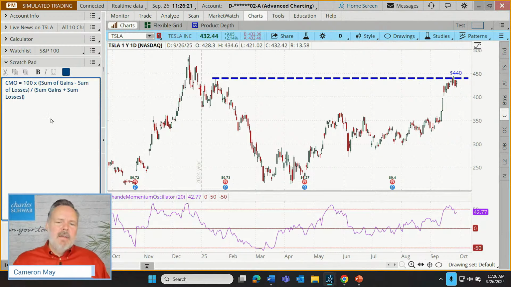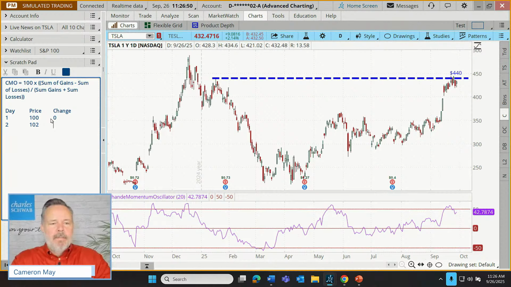So if I tried to think, well, how do I explain this very simply? Here's the way that I think about it. Let's start with day one and the current and an initial price of the stock and how much it changed. Okay. So on day one, let's say that our stock price is $100, and so therefore it hasn't had an opportunity to change. And now let's just use 5 days of sort of fake data. Okay. So day two, let's say we go to 102. What's our change? Up $2.